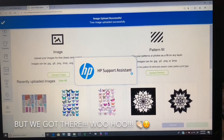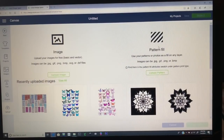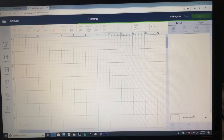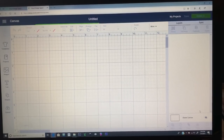Oh, there we go. I shouldn't have hit that perhaps. Okay, so that has worked eventually, believe it or not. And I am going to select that image and insert image. And I will need to change the orientation around. I probably should have done that when I first set up the canvas, so